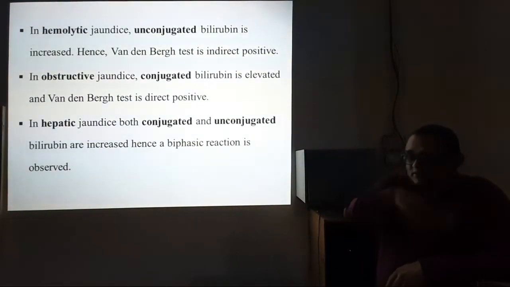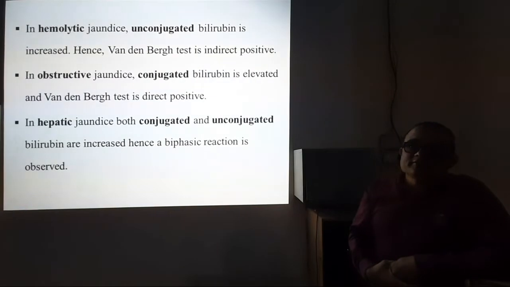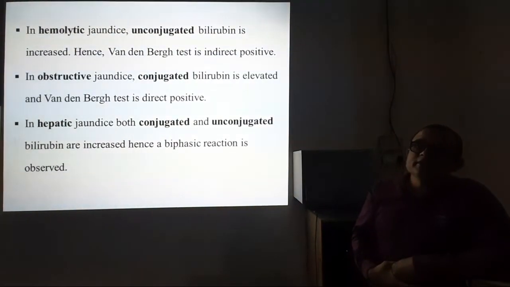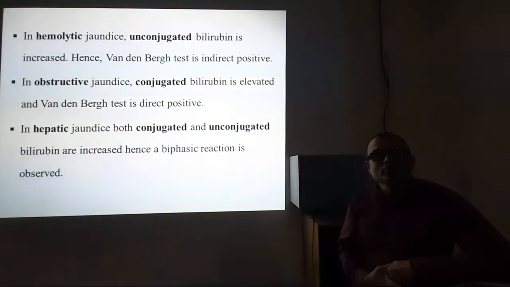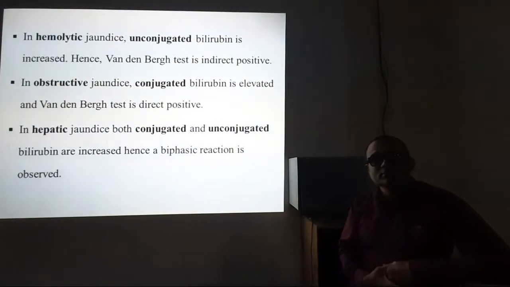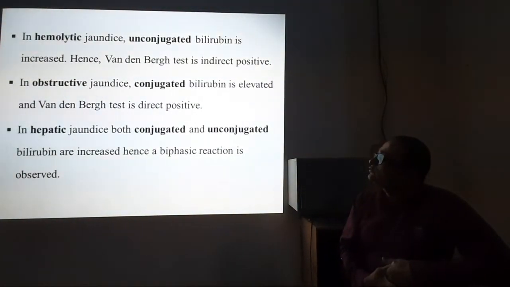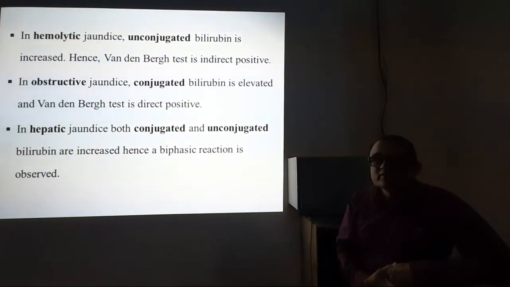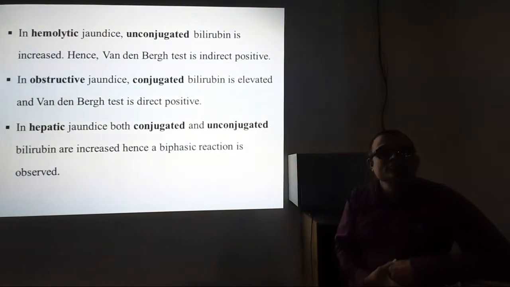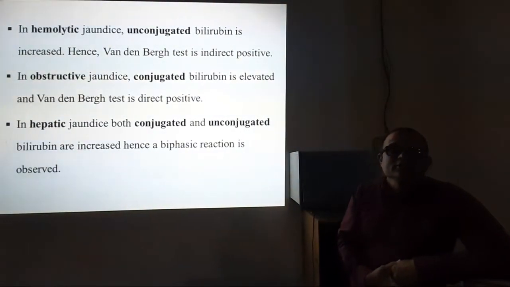In various hemoglobinopathies like thalassemia and sickle cell anemia, there is increased breakdown of RBCs, so more hemoglobin is metabolized into bilirubin, that is unconjugated bilirubin. It will be increased. Hence in hemolytic jaundice, you will see